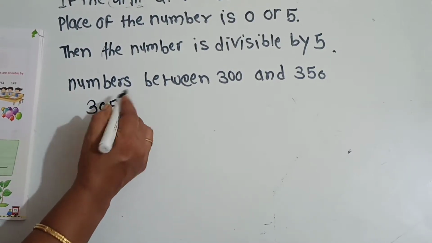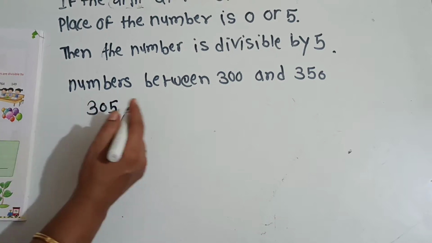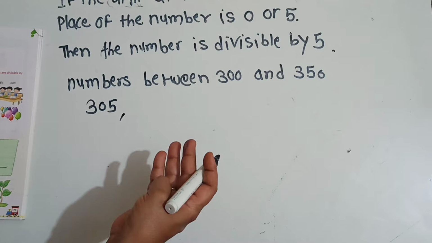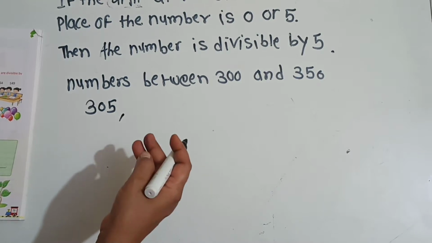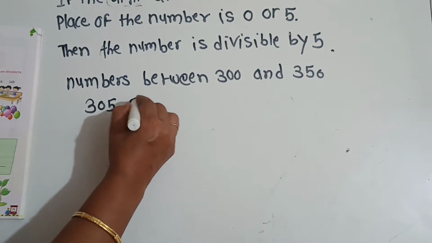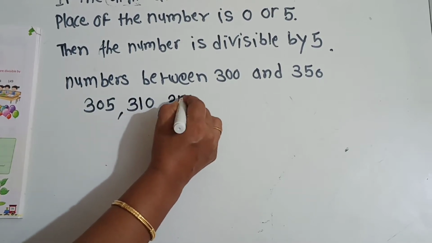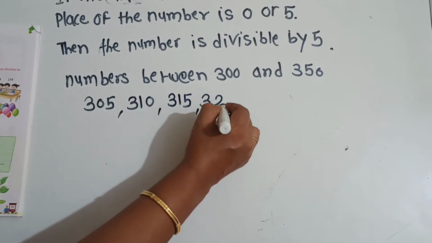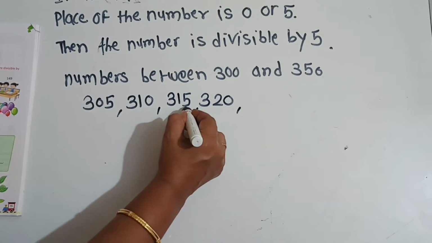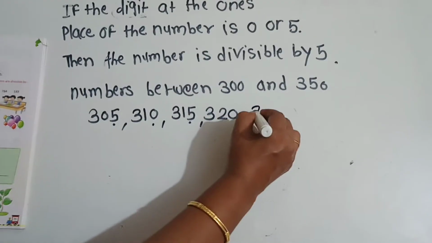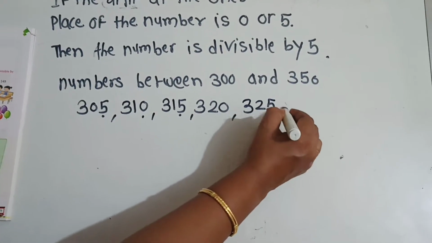Okay, ones place is 5. Then after 305, 306, 307, 308, 309, 310. Then 315, then 320. See here ones place 5, 0, 5, 0. Then 325,